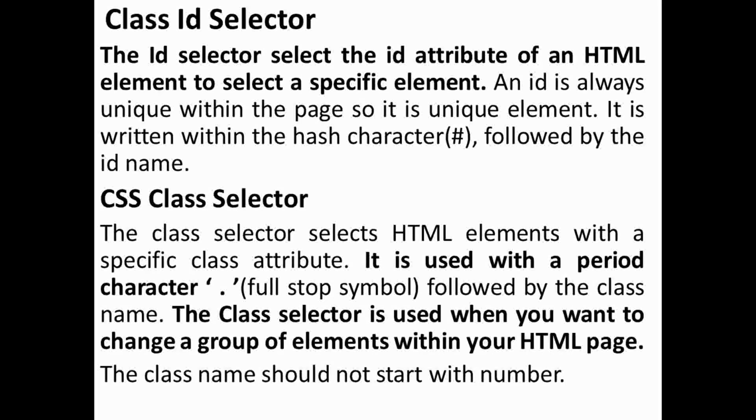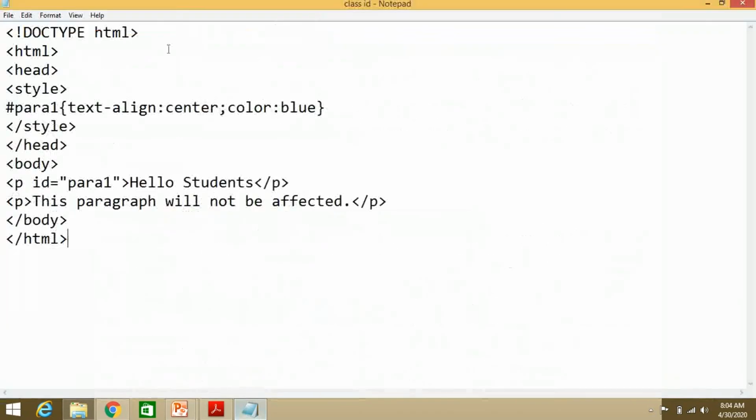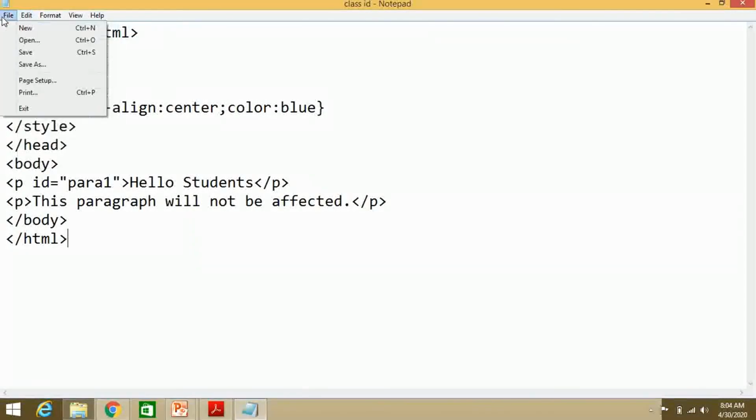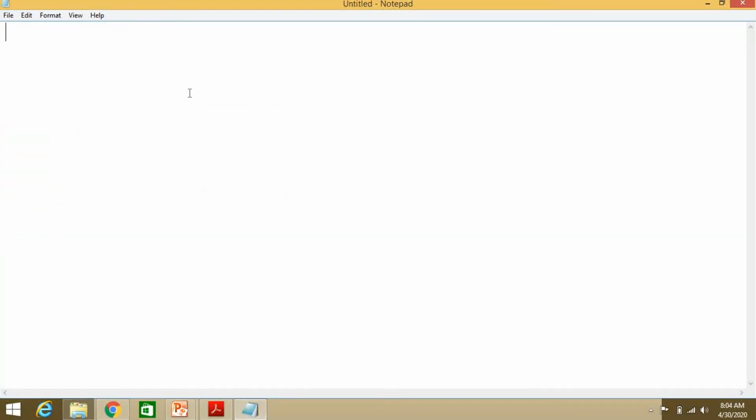Let's start with an example of this class selector. Here I am creating a new file. Let's start with doctype HTML and then html, head, title.